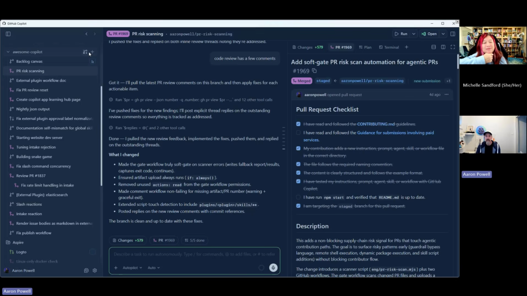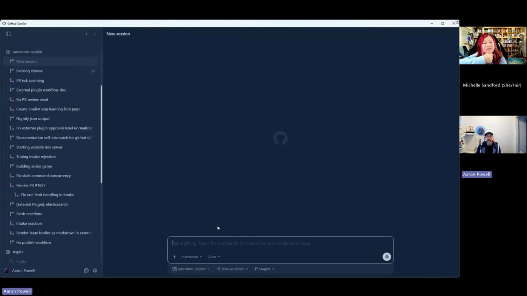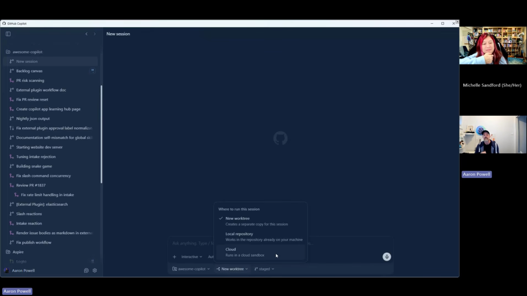Let's just spin up another session. When we're choosing to run a new session, we've got new work tree, so spin out its own work tree. We can run it in the local repository, so that initial clone that you've done, or you can run it as a cloud agent. So this is delegated to Copilot Coding Agent, which is the one that runs through the browser and that you can interact with through a mobile device.